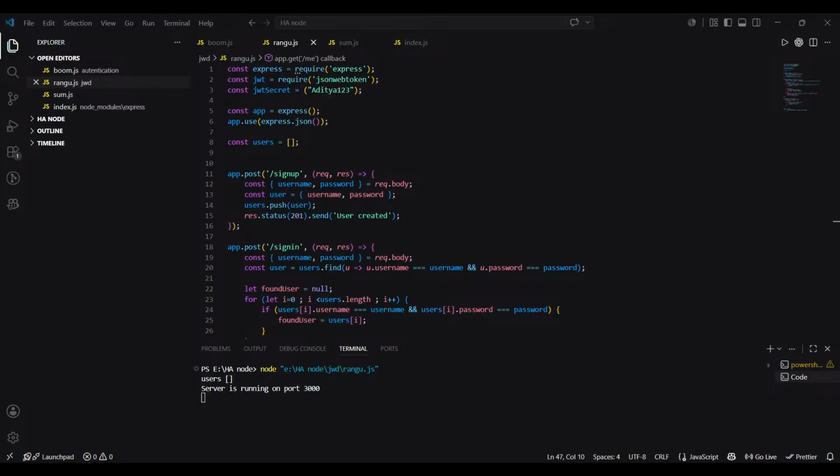You have to verify this token. Const decoded data equal to JWT dot verify the token using